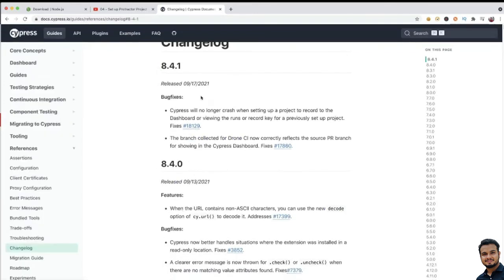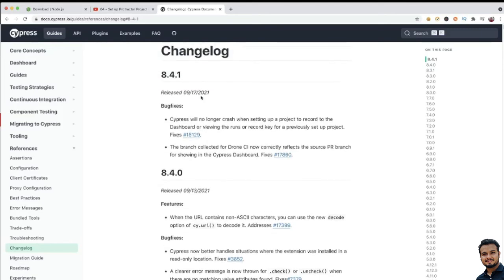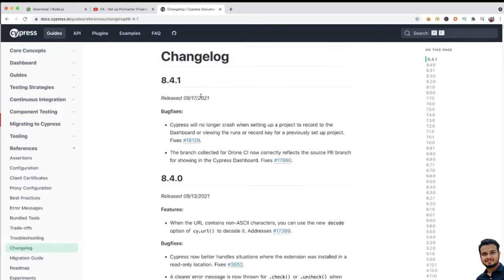If you want to install a particular version, you can use a command like npm install cypress@8.4.0. But if you give only npm install cypress, it will install the latest version, which here is 8.4.1. So this is how you can see your Cypress versions.